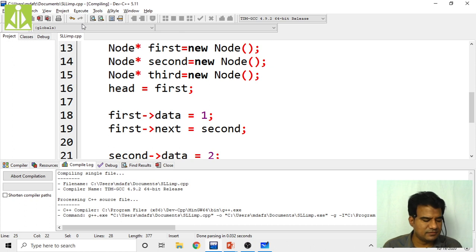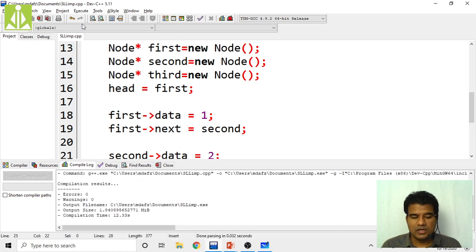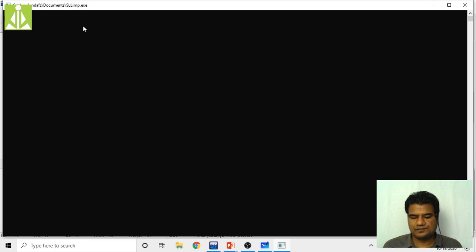It is taking time. Okay, it is successfully compiled. So on execution, as I told you, we don't get any output for this one, because we are not printing anything on the output screen.